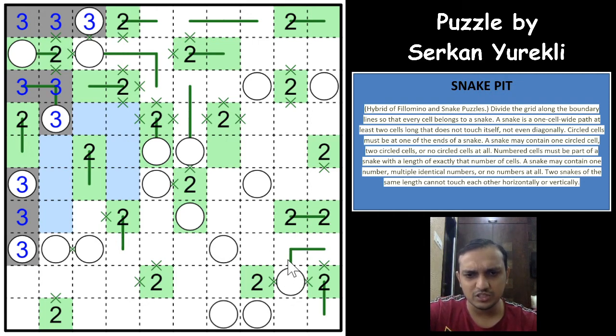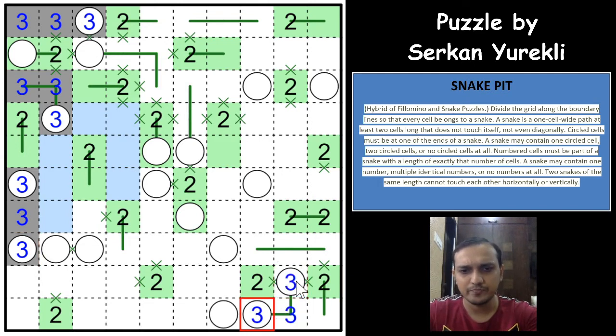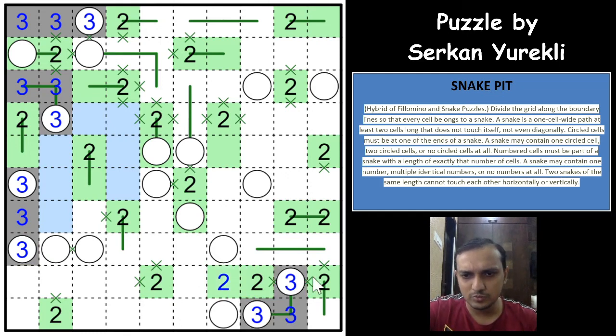Okay, if it becomes a 3 here, if it goes down, this cell would extend for a 2, because you cannot extend for a 3, the circle would be in middle and this would be a 2. So this cannot be a 3 coming down, this has to be a 3 at least going towards the left, and this has to come down to form a 2, which is again not possible, so this would have to form a 3 now. Superb. So this will either be 4 or 5 or anything, because you already have a 3 here, so that can be marked as a 3 here, and this would have to be a 2 now. So this would have to be a 2, this would have to be a 3, this is a 2, and this would have to be a 4 at least, can be a 5 also.